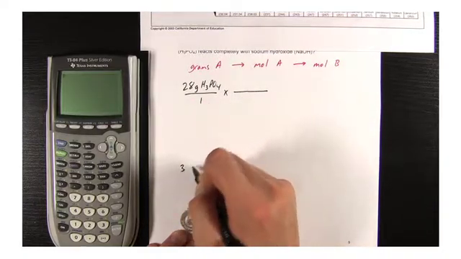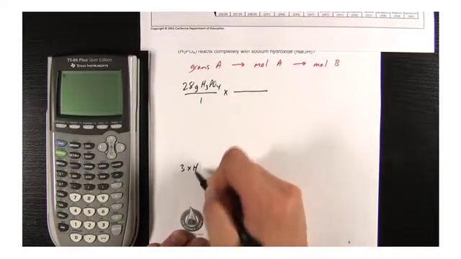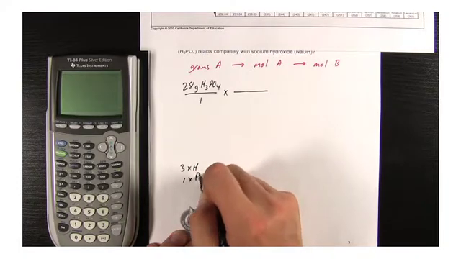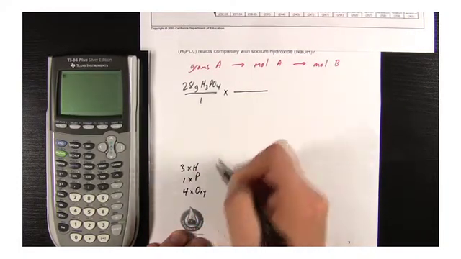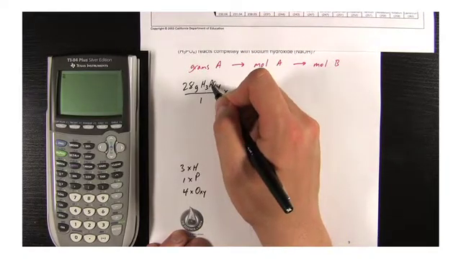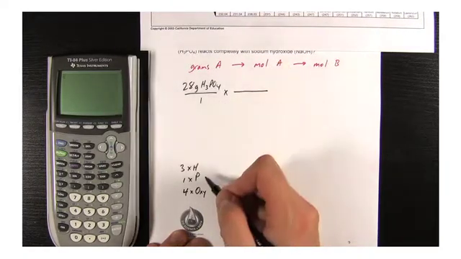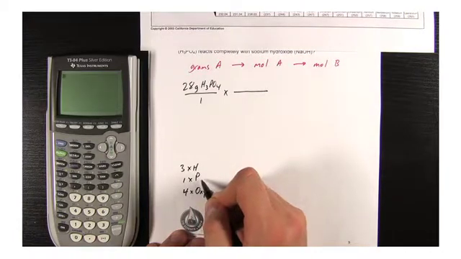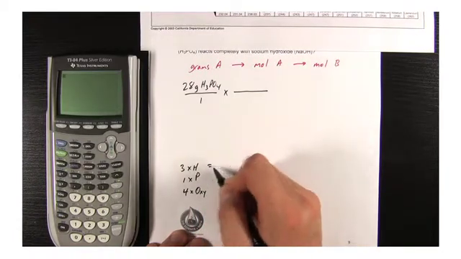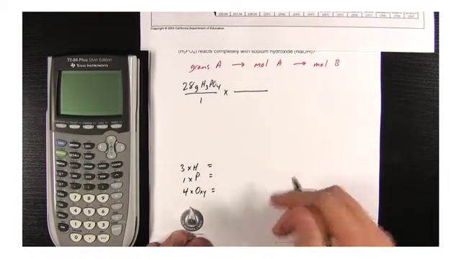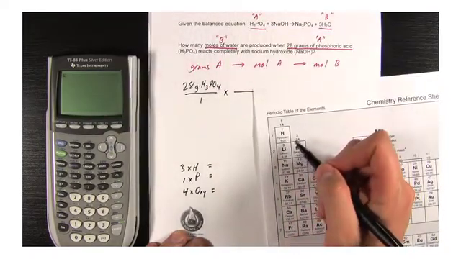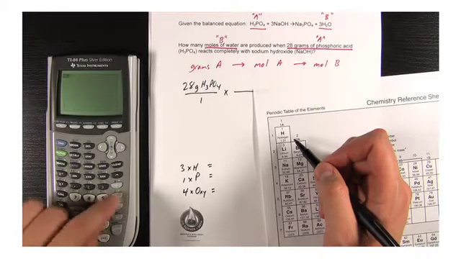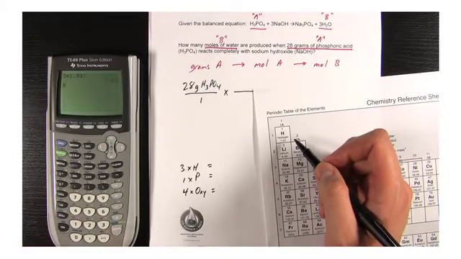I'm going to have to take 3 times the mass of hydrogen, 1 times the mass of phosphorus, and 4 times the mass of oxygen. You can see that's H3PO4, so that's why I had 3 hydrogens, 1 phosphorus, and 4 oxygens. So let's figure that out. Here in the periodic table, hydrogen has a mass of 1.01. So I've got 3 times 1.01, which is